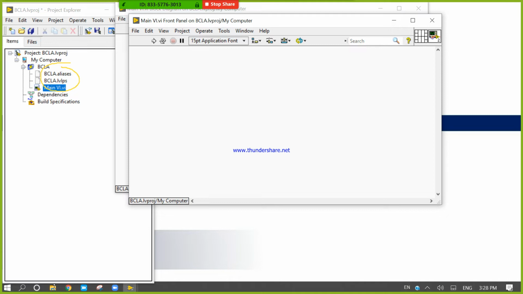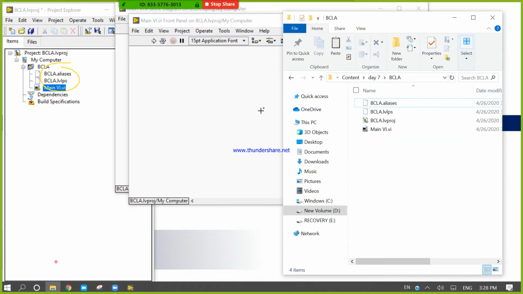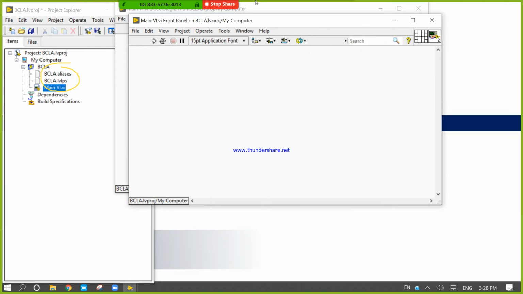This will be automatically present when you create one project. Whenever you create one project, it is .lvproj, and it is aliased internal things. You don't need to design these things.